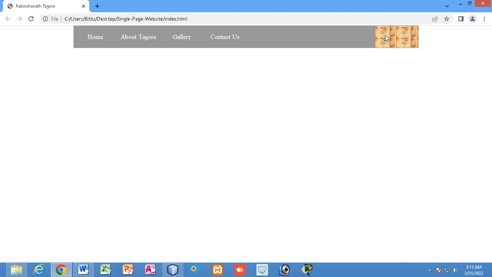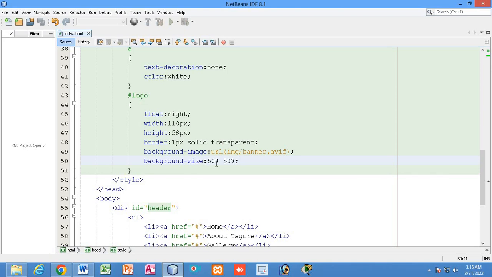In total we have 4 pictures. By itself the picture has repeated until it occupies the full space. So the picture size I have given is smaller, 50% width and 50% height. If that is the size of one picture, then this logo div can accommodate the same picture 4 times. That is why the picture has repeated itself. It has taken 4 pictures to cover this div.